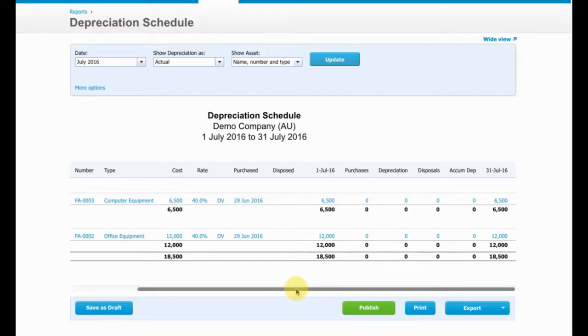Now, what that means as well is that if you have a lot of assets and you've got quite a decent amount of depreciation that you can claim throughout the year, you can actually run depreciation inside Xero on a monthly basis, which means that it's going to actually calculate the depreciation for you and give you a fair idea of what the tax deduction might be, or the actual accounting depreciation might be for that asset throughout the month. Also on your monthly reports, you've actually included that in. In other systems,